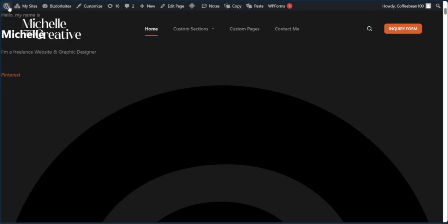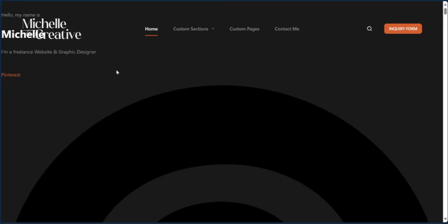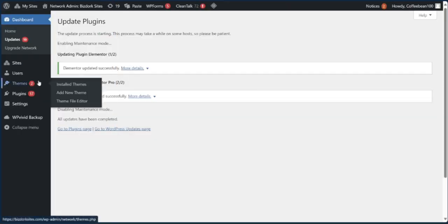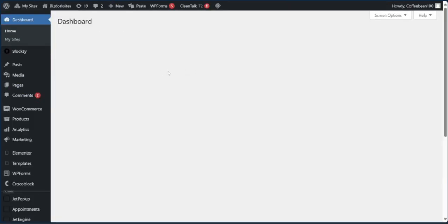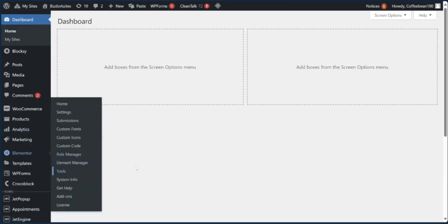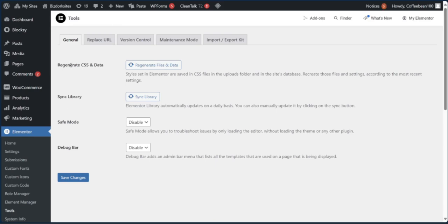Okay, now that this updated, I'm gonna go back over here and I'm gonna refresh and see if that fixed it. And no, that did not fix it. So now I'm going to go back to my dashboard, and again I'm going to go to Elementor, go to Tools, and regenerate CSS and data. So I'm going to click this,